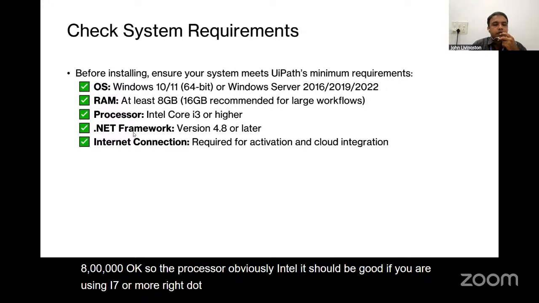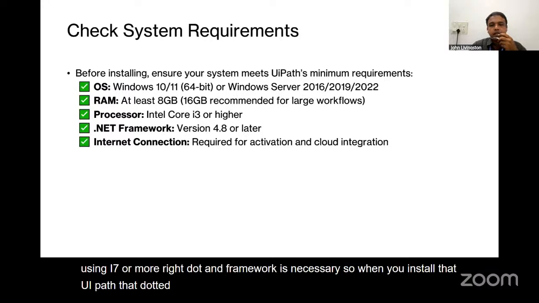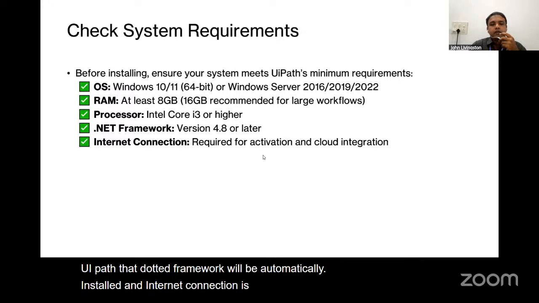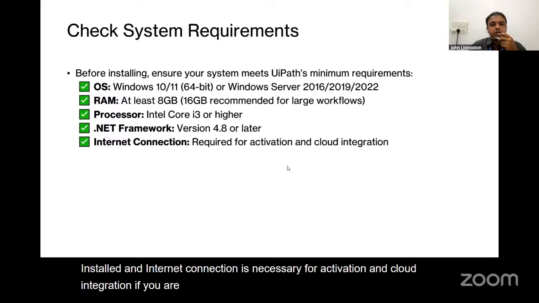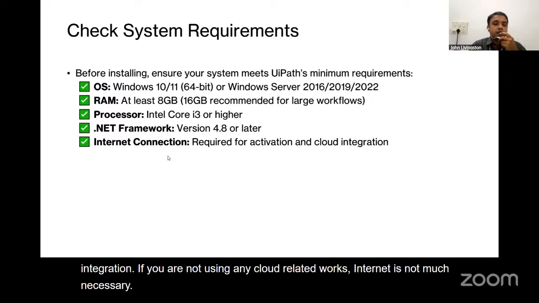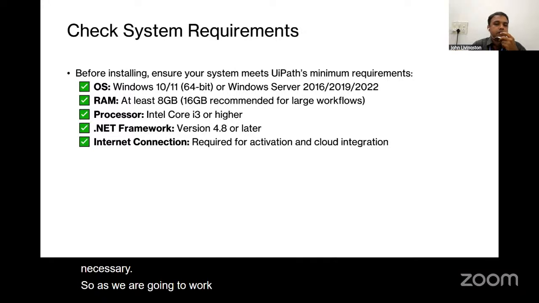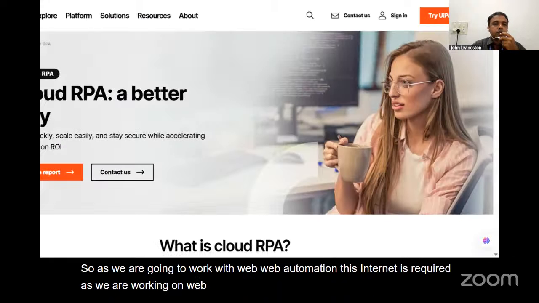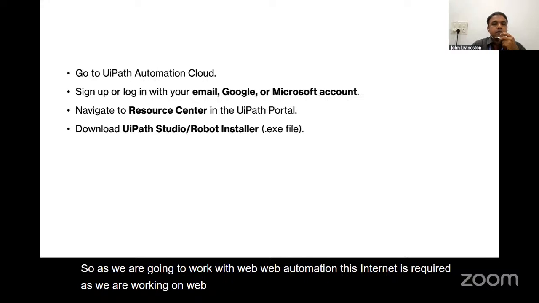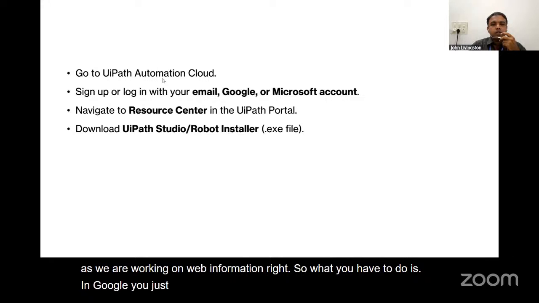The .NET framework is necessary. When you install UiPath, that .NET framework will be automatically installed, and an internet connection is necessary for activation and cloud integration. If you are not using any cloud related work, internet is not much necessary. But as we are going to work with web automation, internet is required, right? So what you have to do is in Google, you just type UiPath Automation Cloud,